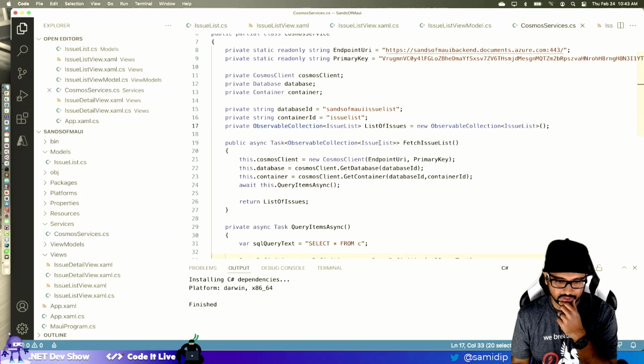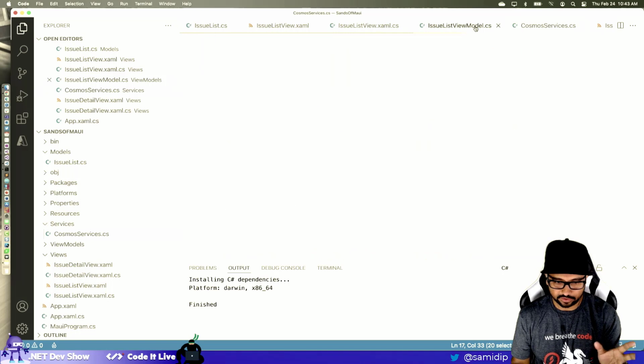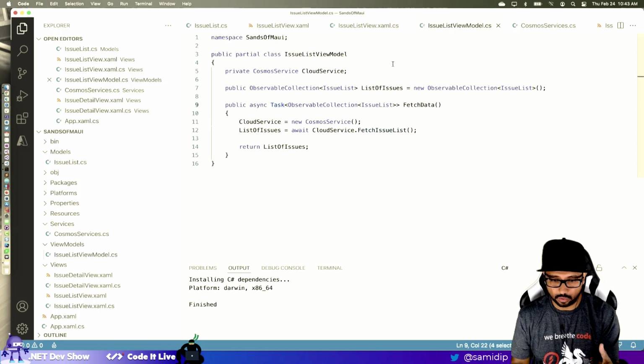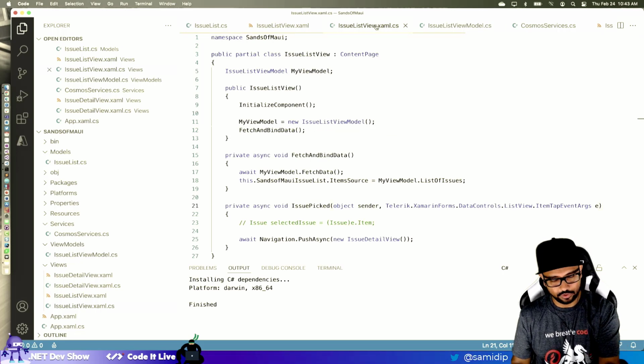This is where I was doing things a little wrong, because the timing of things matters a little bit. If that's just a list, then I have a view model here which essentially calls into that fetch issue list and returns that list, and it's still a task, so everything is async and await, right? It's like handing somebody an empty envelope to say eventually you'll have data in it, it's just not there yet.